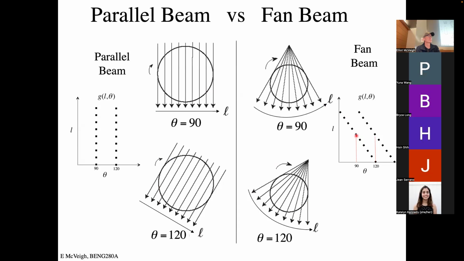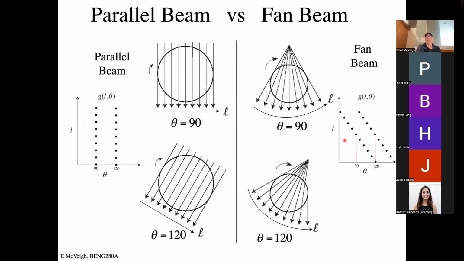Sorry, the plot is plotting each of the arrows. It is like each arrow corresponds to a dot on here. So the theta are different. The theta in the plot and the theta equals 90 are different, because the theta of each arrow is different, right? And so as I go from 90, which is here, if I'm going to march along this way, I'm going to march here to here,